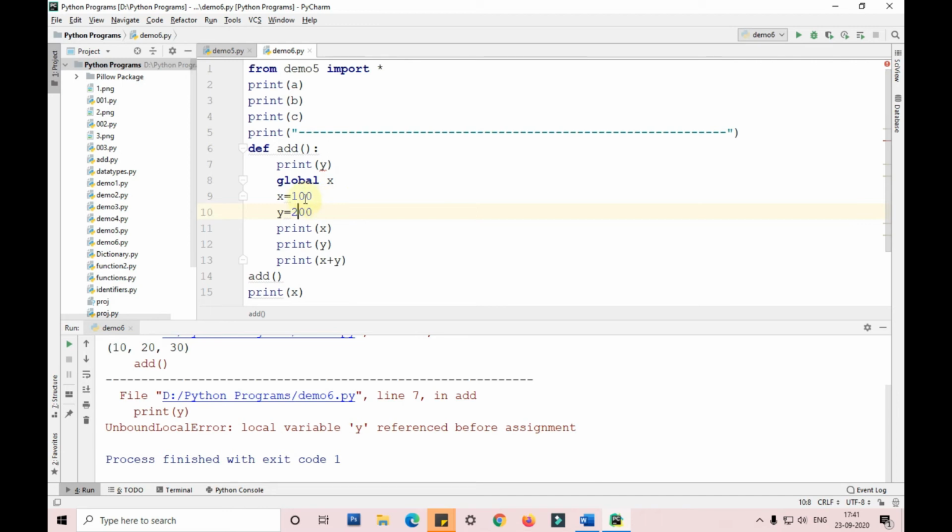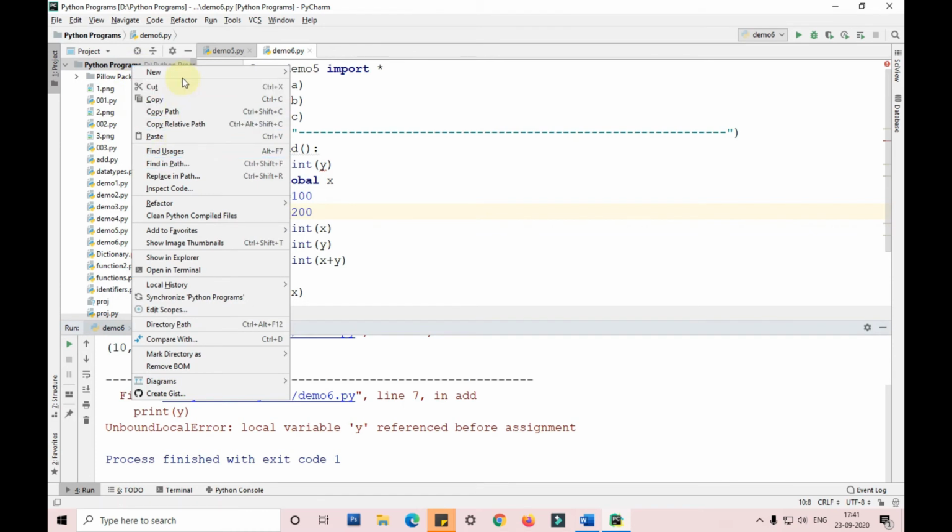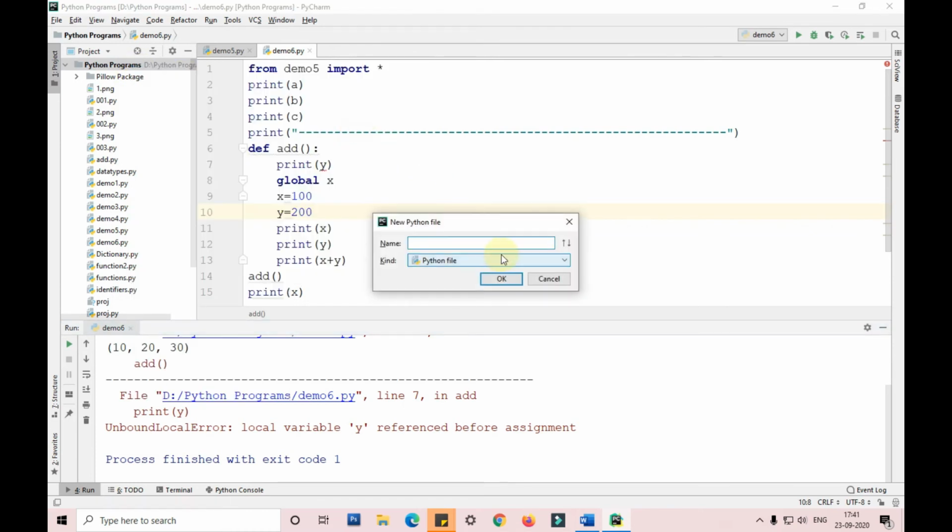In a similar way, since I declared x as a global variable here, I'll create a new Python file called demo7 and show you by printing this x in that file.